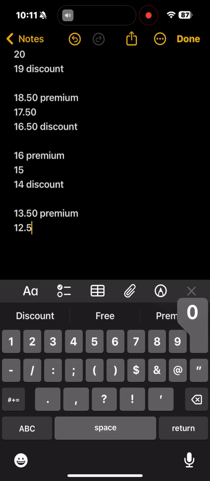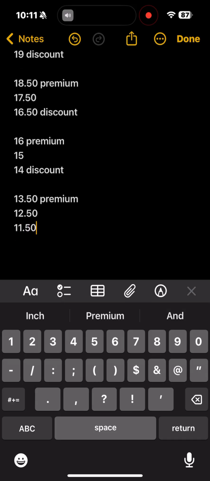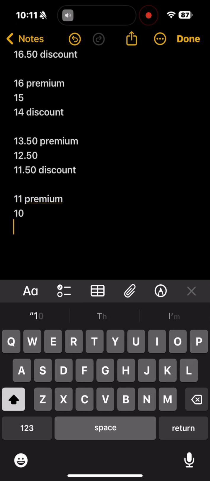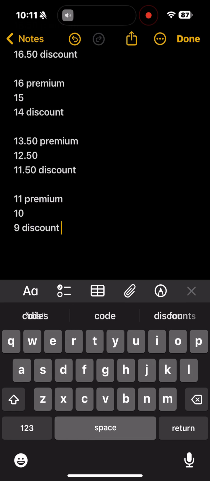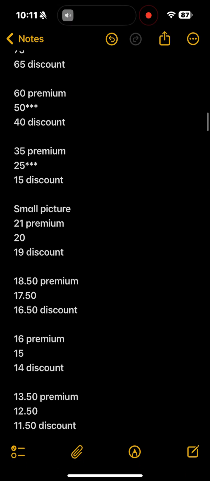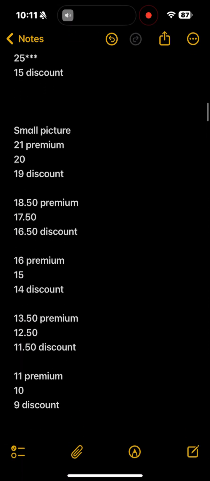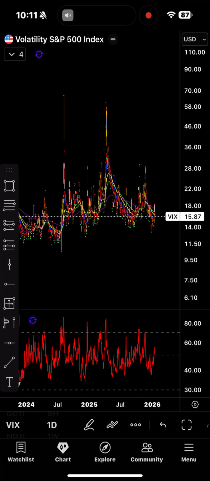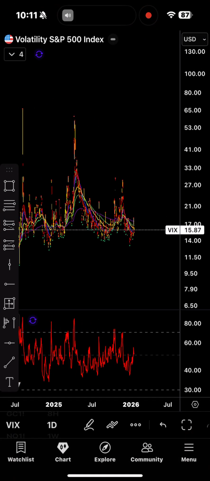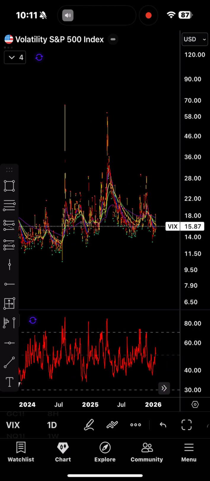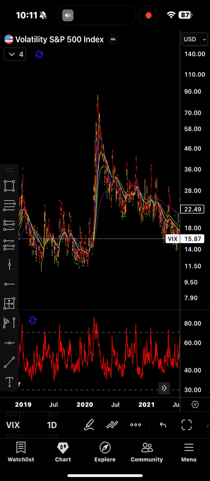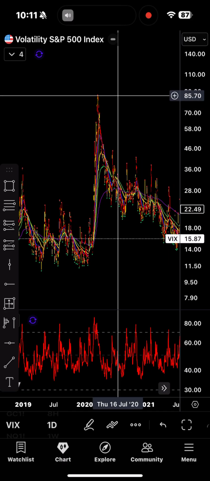We go from 15, 25, 35, get above 35, and then go 40, 50, 60 up there, right? Because you see what it did before. It went up there and came right back down. It can't stay up there. This is a volatility reference. It's a temperature check. You want to see when the volatility index goes up towards 60, 70, 80%, and then it'll go right in and come right out. It doesn't feel like that's what's happening, but if you look at the history of the VIX, that's what it does. It spikes and then comes back down. Whenever the VIX is down low, the market is going to all-time highs. Whenever the VIX spikes up, we get a scare.